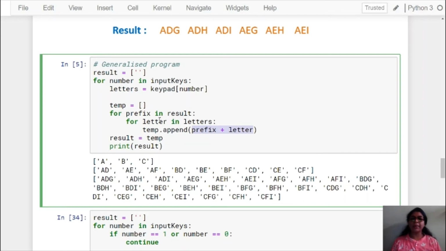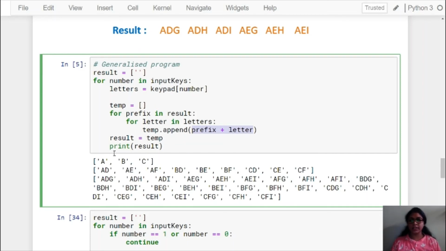Then second time letter will change, now it is B. Then empty string plus B is B, and it will get appended in temp. Then third time C will get appended in the temp. In this way in our temp list we have 3 elements A, B and C. So this temporary list is now assigned to our result.